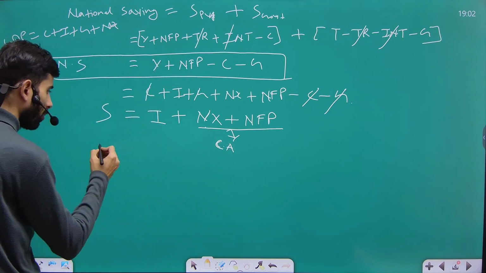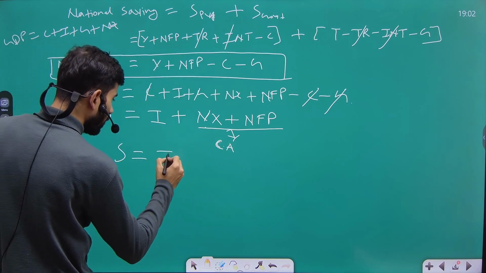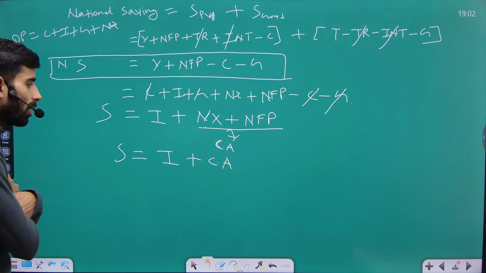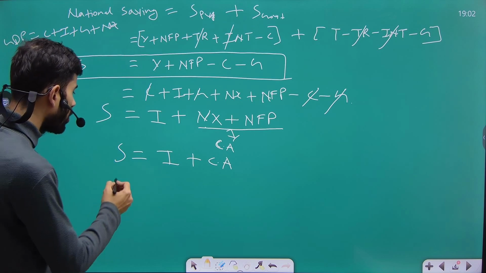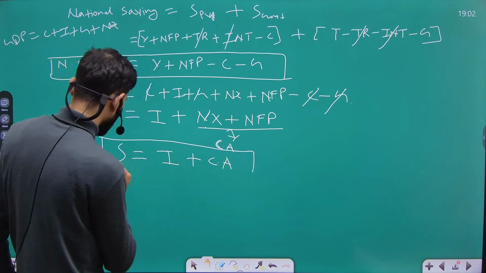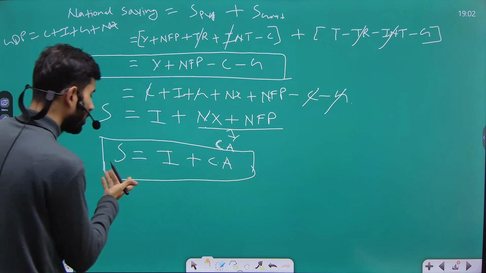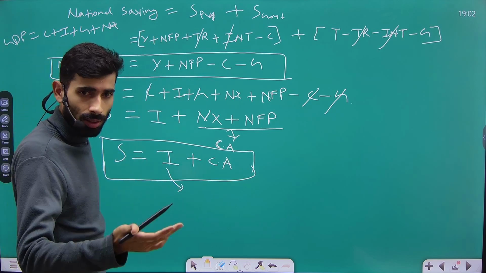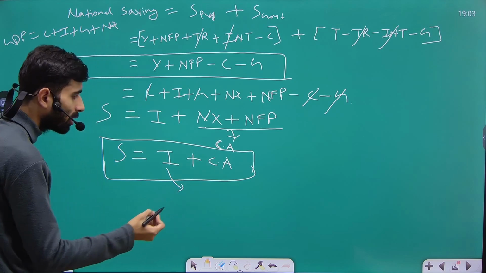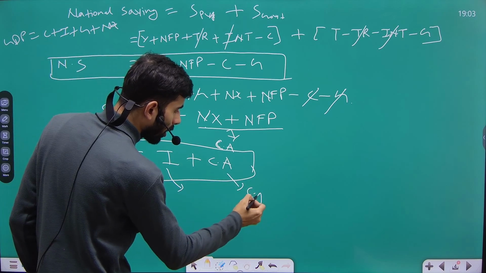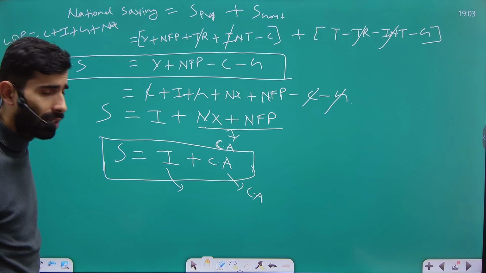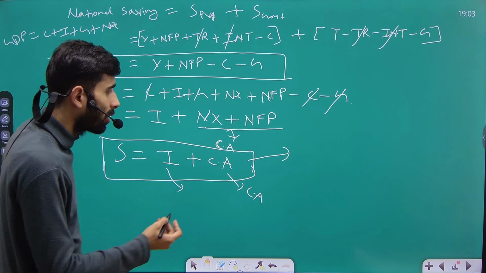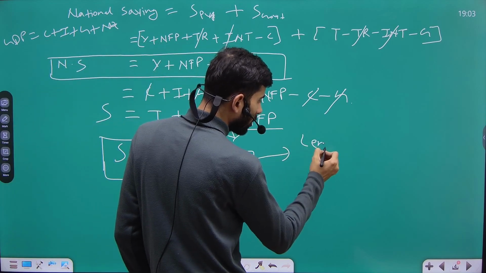So we can rewrite this particular equation as saving is equal to I plus CA, that is current account. What this equation shows is that national saving can be utilized in two ways. National savings can be used to invest in our economy, and the second usage is to balance our current account. What do we mean by balancing current account? Basically, in current account, by using our additional savings, either we can lend to foreigners